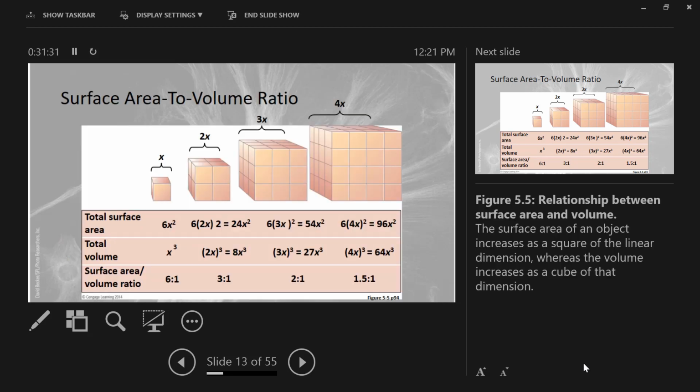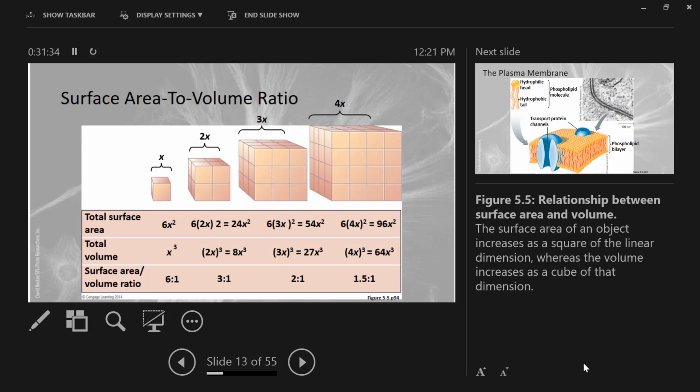And so here I want to show you the surface area to volume ratio issue, and then we're going to do a second lecture break. Okay. So here we have a cell. I know this is a cube and cells are spheres, but imagine that you had a cubic cell. Cubic cells would actually be a wonderful design because you can pack them close together, plus they maximize the surface area relative to the volume. Then why aren't cells a cube? It's because it would be very energetically costly to maintain a cubic shape. And plus some cells are cubes. Anyway, sorry. So we've got a cell, and it's a cube with an edge length of x.